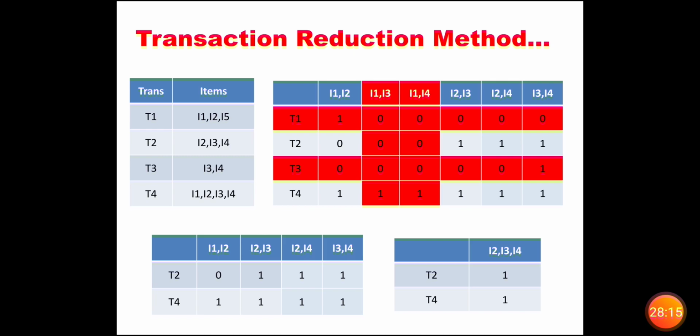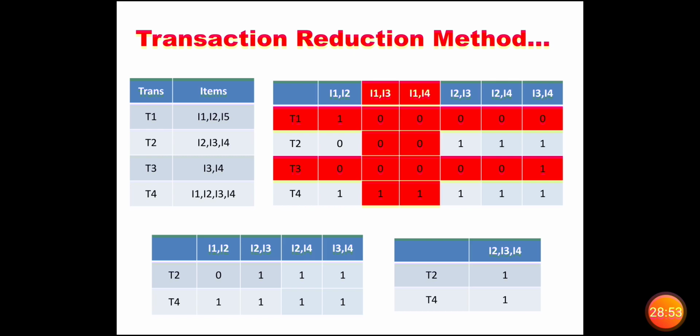Now here we have two transactions, and the item sets are in two item set combinations. Next we will go for three item set combinations. When you go for three item set combinations, the first column I1 I2 and the last column I3 I4 will not be joined with any items, because of the property of the join operation of Apriori. So we have taken the middle two columns, I2 I3 and I2 I4.